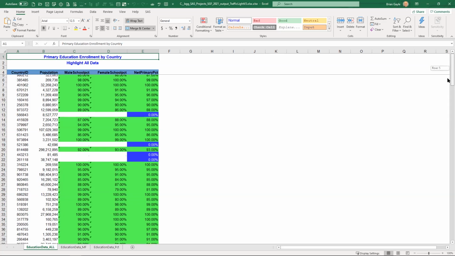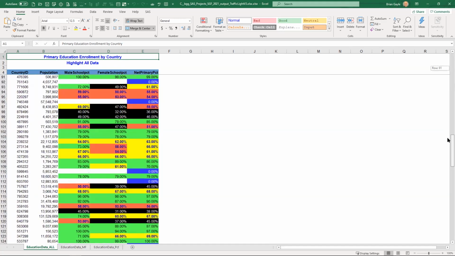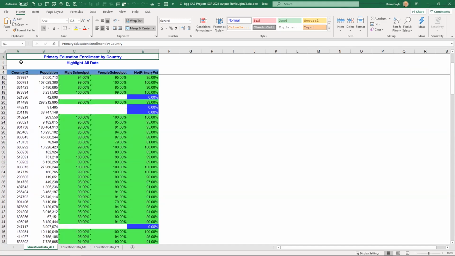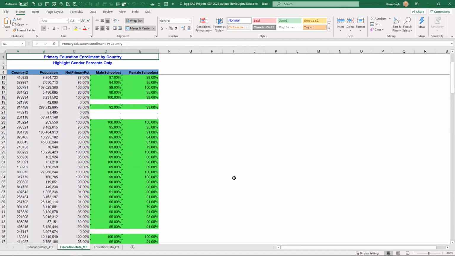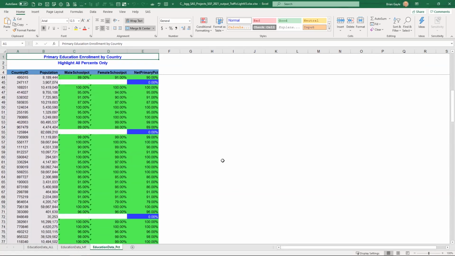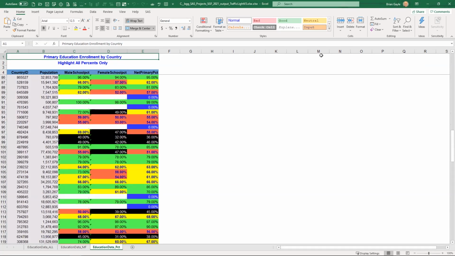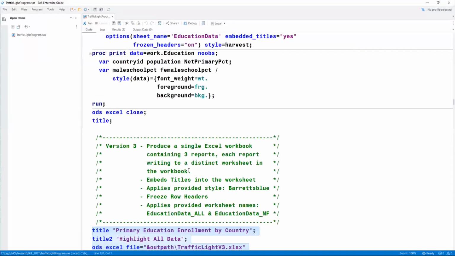Now, again, in all these cases, I froze the column headers. You can see we've got the first 4 rows up to this row that has the column headers all frozen in all of the different worksheets. And if we get down, we have all the nice coloration. Okay, we're doing pretty well.